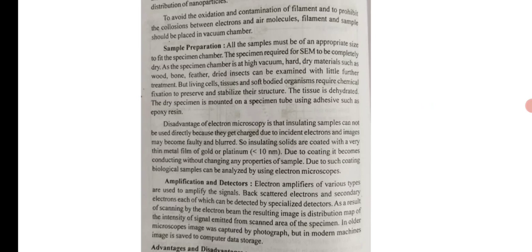Advantages and disadvantages of SEM, scanning electron microscopy. Scanning electron microscopy was the first method to obtain images of tiny particles. By this method, biological samples can be analyzed with little treatment. This is a non-destructive method. The main disadvantage is that non-conducting material requires coating treatment. By this method, images at atomic level cannot be obtained.